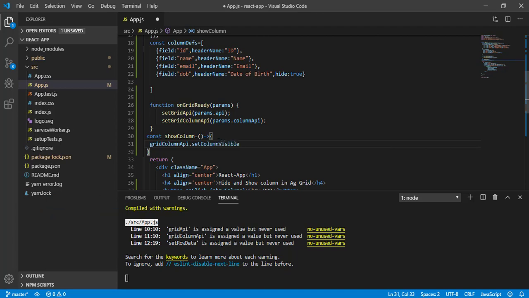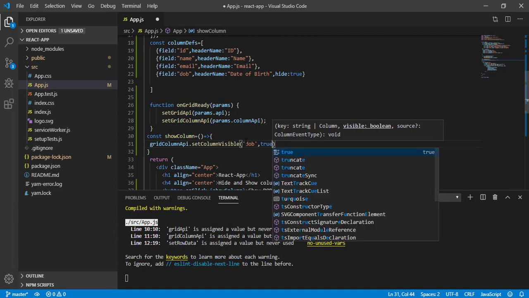This function is going to take two parameters. The first parameter is the column ID, so I can say here DOB, and the second parameter is going to be a boolean, true or false. Here I want to show, so I will pass true.